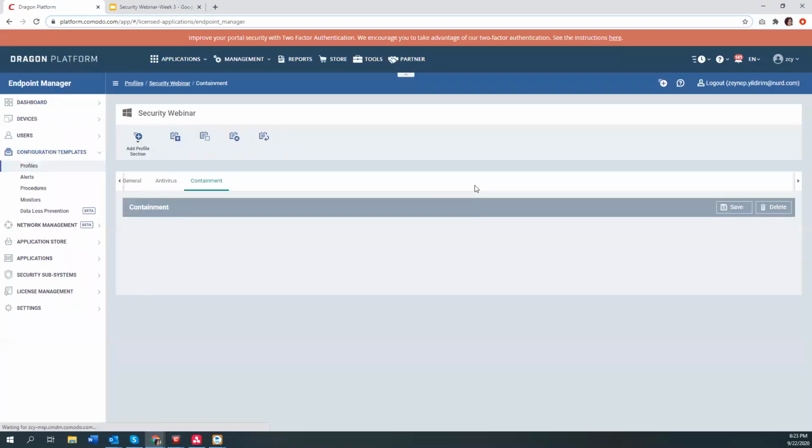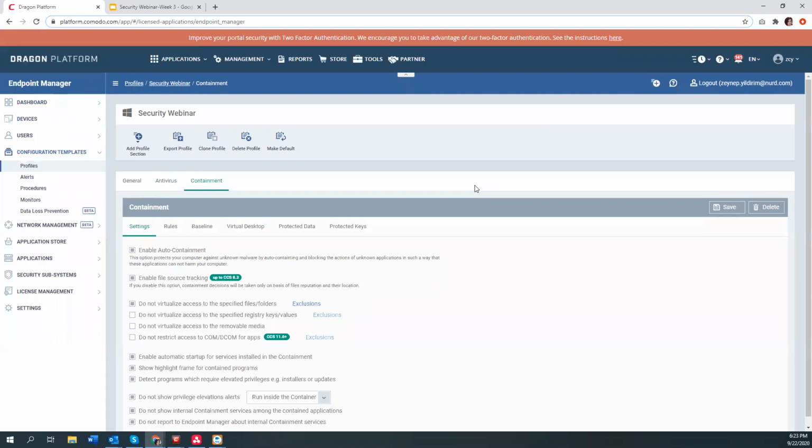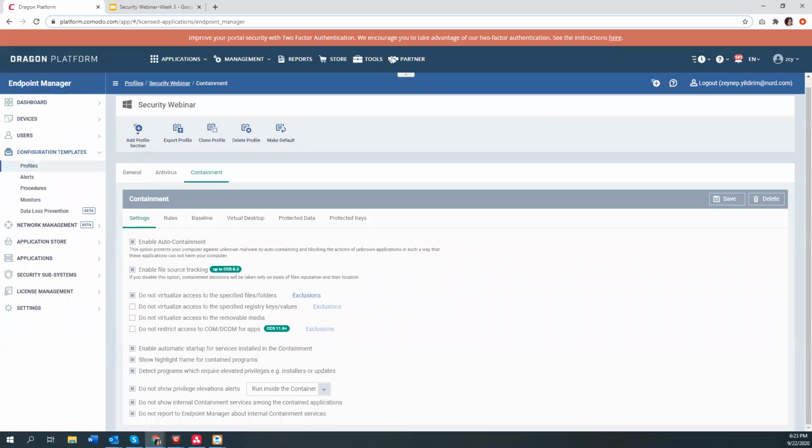I will open a containment section in my profile section. And let's get deep into the settings under containment. Enable auto containment is what we said before. Activate or deactivate auto containment on the endpoint. CCS will automatically run unknown applications inside the container if you enable this option. By default, it is disabled, so you should enable this option to be able to use auto containment functionality